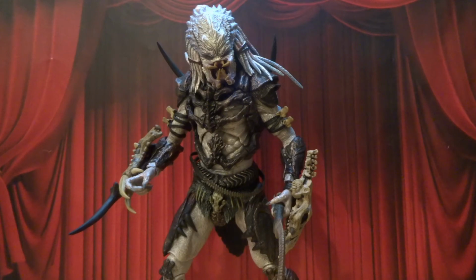Like the quality control, and the Ultimate Kratos I got was dodgy. Who else did I get that was dodgy? Another Predator I got, not Scarface. Yeah, Scar from Alien vs Predator, he was dodgy. But now this dude was absolutely perfect, and then the other releases of theirs I picked up this year have